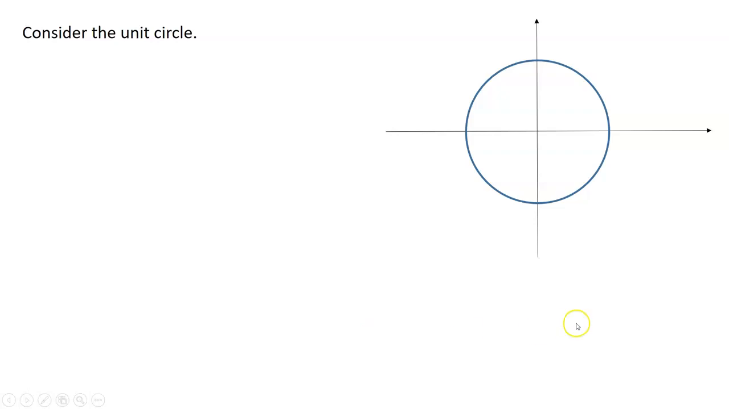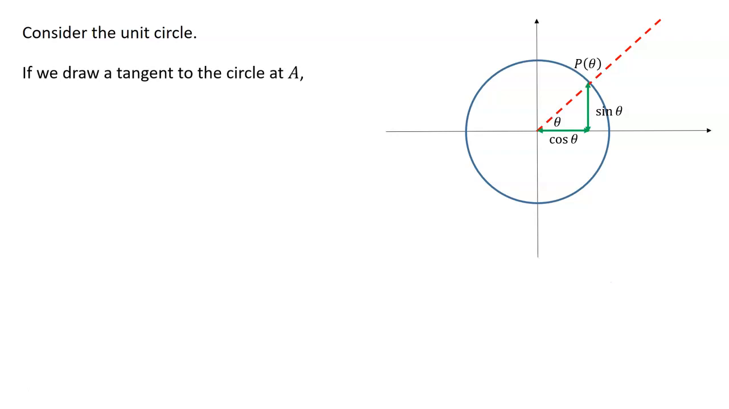So if we think about the unit circle and I turn in an anti-clockwise direction from the positive x-axis by an angle theta, this point here, remember the y-coordinate was sine theta and the x-coordinate is cos theta. If I construct a tangent to the circle at the point A, which is (1, 0) because it's a unit circle, so it has a radius of 1,